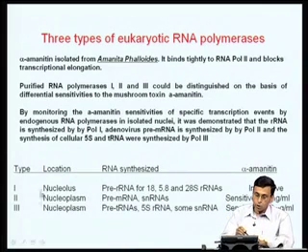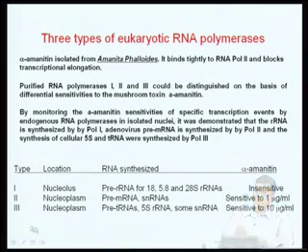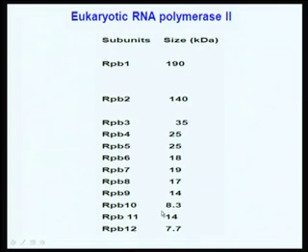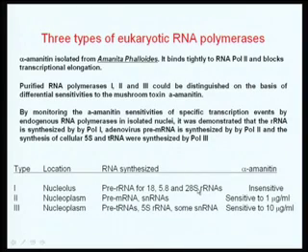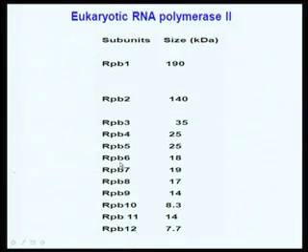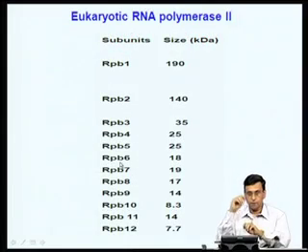Today we know that not only are there these distinct RNA polymerases, they also have very specific functions. RNA polymerase 1, which makes the ribosomal RNA, is present in the nucleolus, whereas the other 2, RNA polymerases 2 and 3, are present in the nucleoplasm. One of them is responsible for making messenger RNA and snRNAs, and RNA polymerase 3 is responsible for synthesizing transfer RNA, 5S RNA and several other small nuclear RNAs. So, this is how the 3 RNA polymerases were discovered.